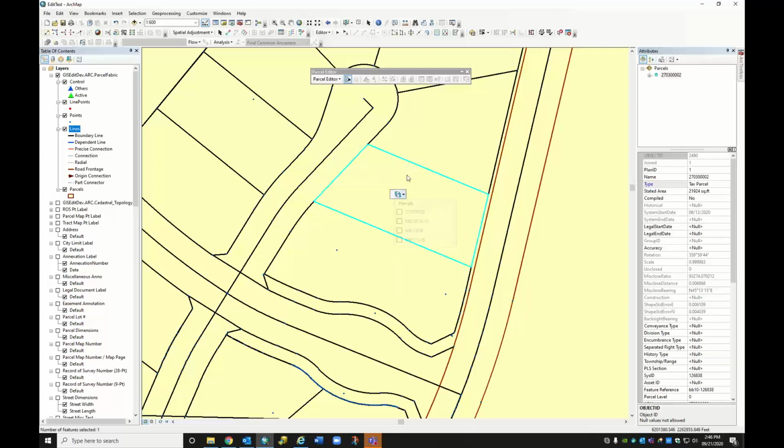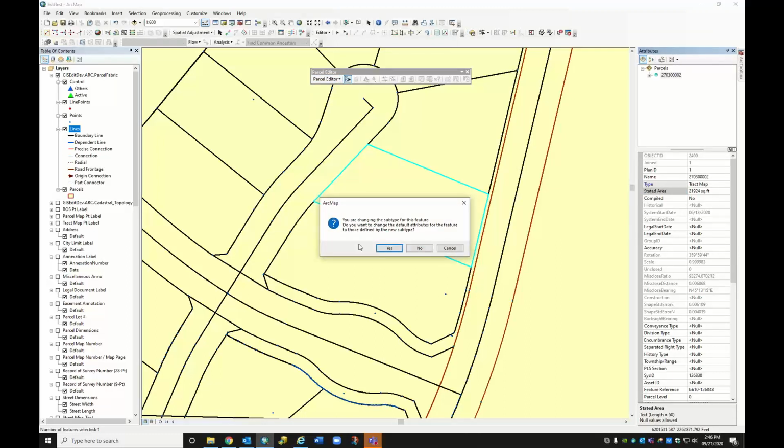Okay, so it's not even allowing us to edit a parcel right now. Can you just change the attribute? Yeah, we could change the attributes. In order to do a tract map, you're changing the subtype, yes. If we were to clear that